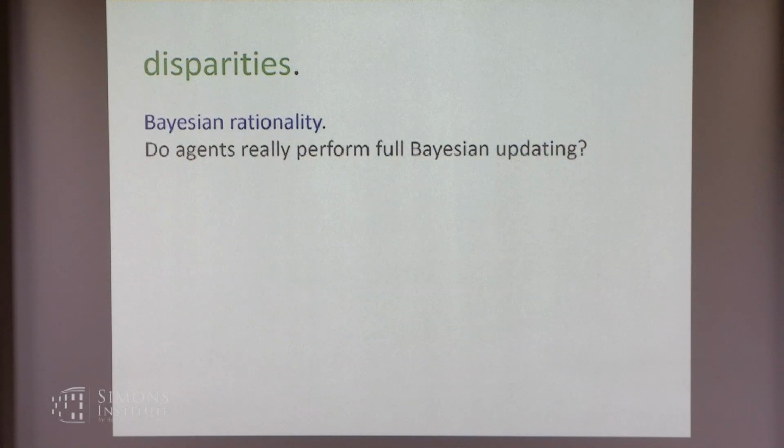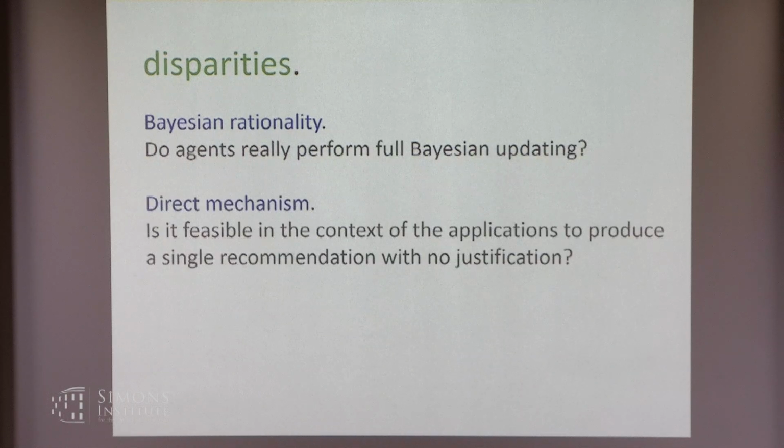One thing is, when I was reasoning about where to go, did I think about a prior and do some updating and about the signaling scheme of Yelp and everything? I just kind of looked. I was like, oh, it has more ratings, it has a higher average rating, and decided to go there. So one question is, do agents really perform full Bayesian updating? Or is there something behavioral going on with the agents? And how does that impact what the principal can achieve if they aren't fully Bayesian updaters? Another is